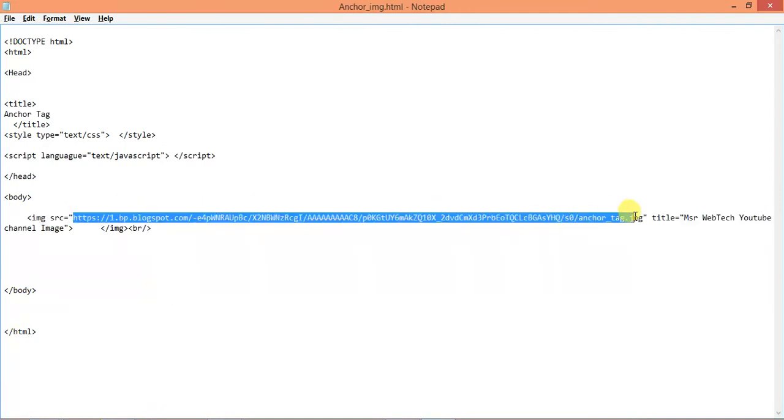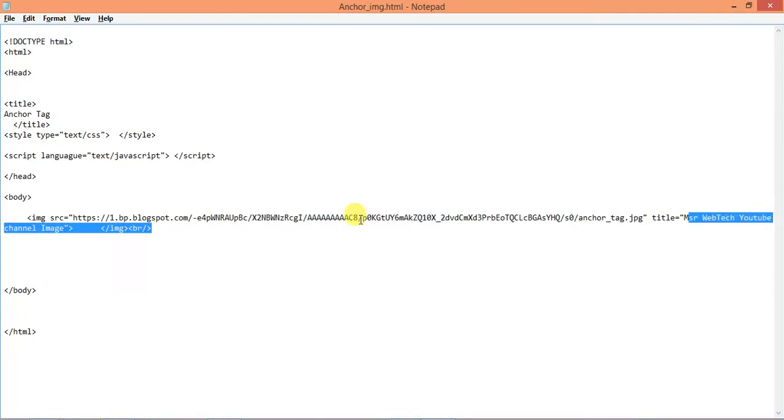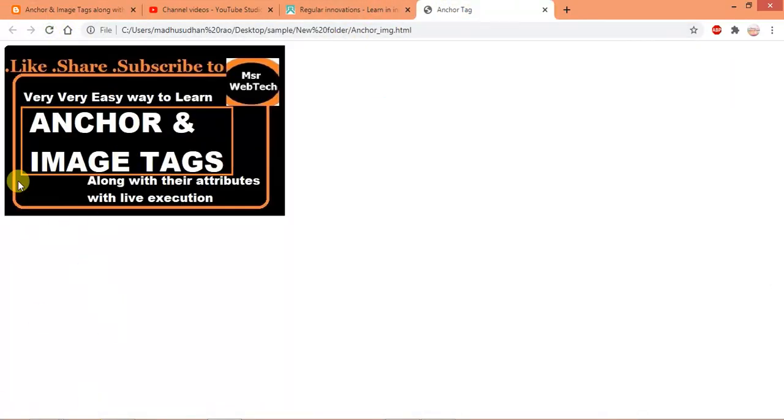This is the actual link of the image, and the title is MSR Webtech YouTube channel image. The attribute is equal to the value, and values are always encoded between double quotes. Control S, let's see how it works. Yes, it is loading the image because of src. When I take the mouse out of the image, no text is displayed. When I take the mouse over it, it shows MSR Webtech YouTube channel. This is because of the title attribute.